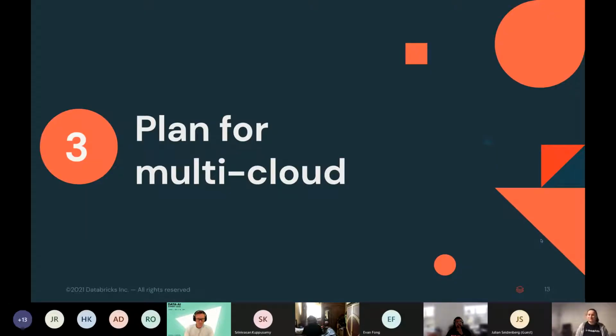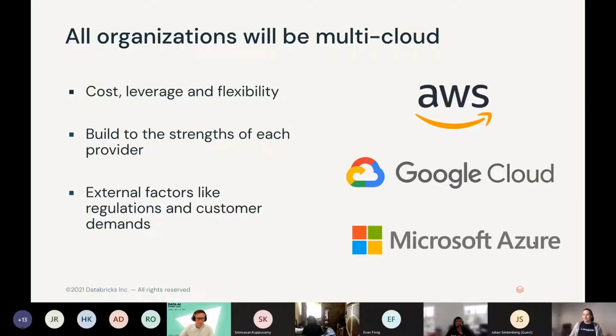Another trend, a little bit more recent, is to plan for multi-cloud. There are different reasons why organizations would like to be multi-cloud. For one, we do know that cloud is expensive. It is cheap to start with, but when you're actually using it, the bill is big. If you are working with multiple clouds, you can almost negotiate between them. You can say, okay, look, if AWS is really expensive, if you don't work with me, I can go to another cloud, because my data infrastructure allows me to just pick and choose whichever I want.